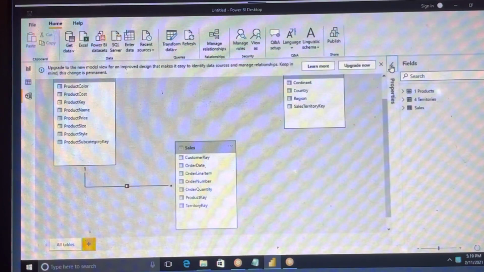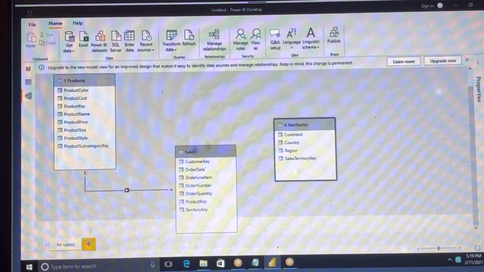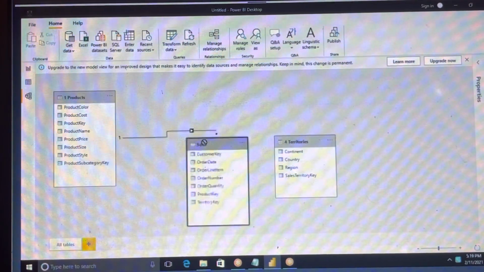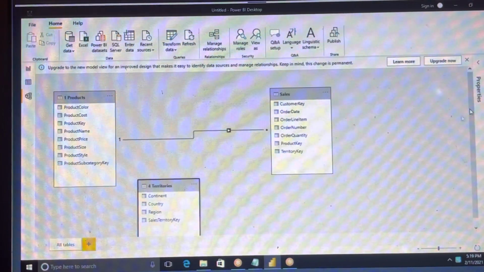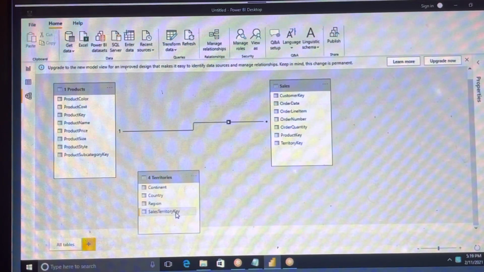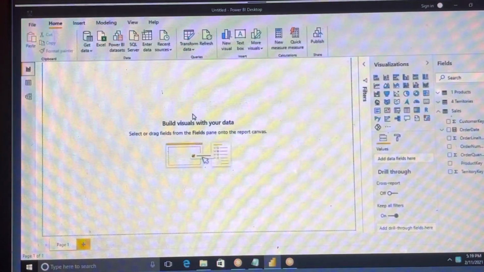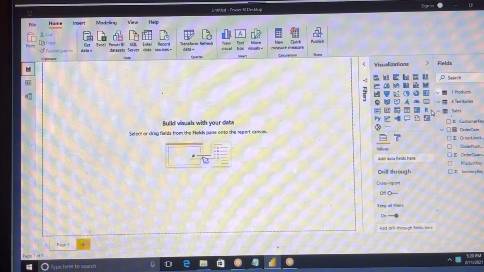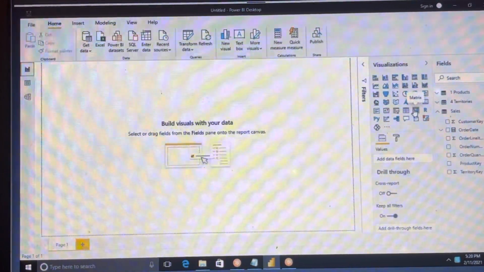Let me see. Here the column name is sales territory key, and there it is territory key. Let me take some sample visualization, then we can understand it.